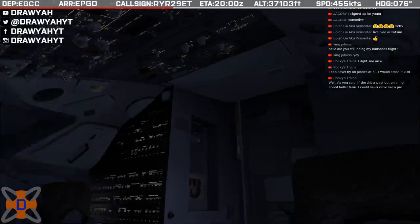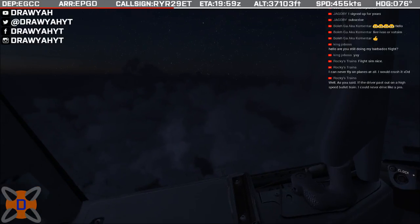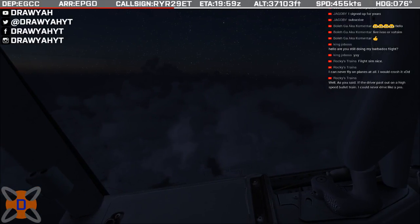A bit of thunder to my left, keep an eye out on that. As he said, if the driver passed out on a high-speed bullet train, I can never drive like a pro. What do you mean by that? If the driver passed out on a high-speed bullet train,